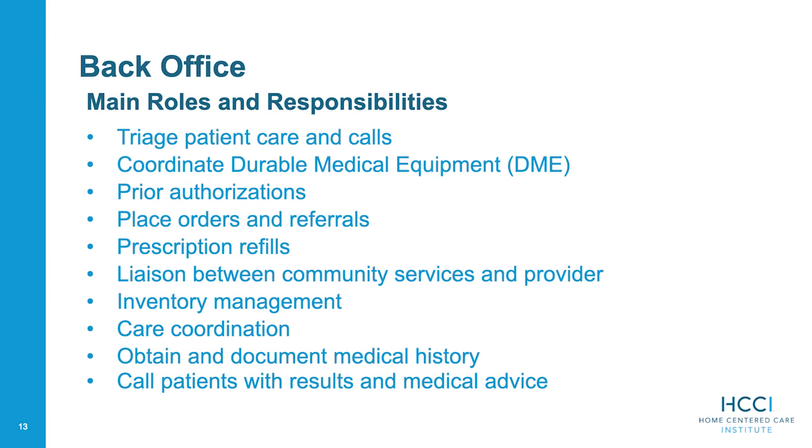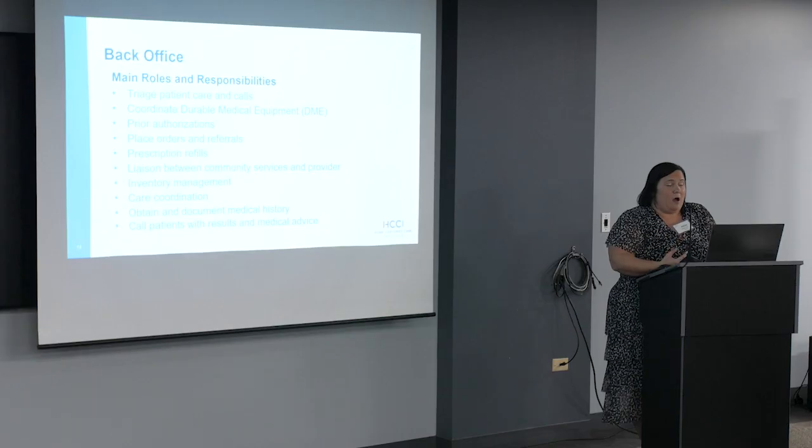Who are all those orders going to? Are they faxing the orders? No, we need back office support. Does the back office support individuals understand what is necessary for those orders? Is it a nurse doing it? For medical equipment, do you have a specific company that you're ordering through? Or are you ordering through multiple companies? Each company has a different form. They need different things for certain